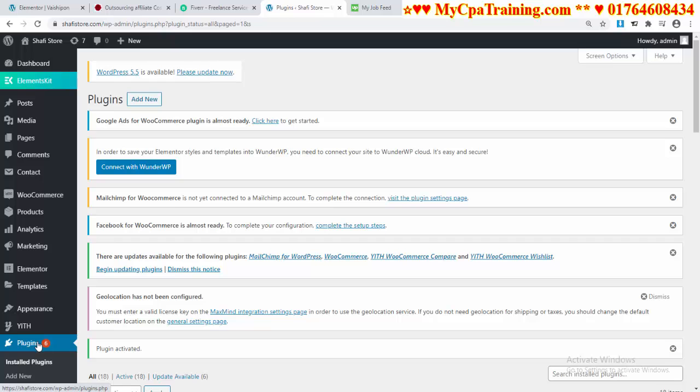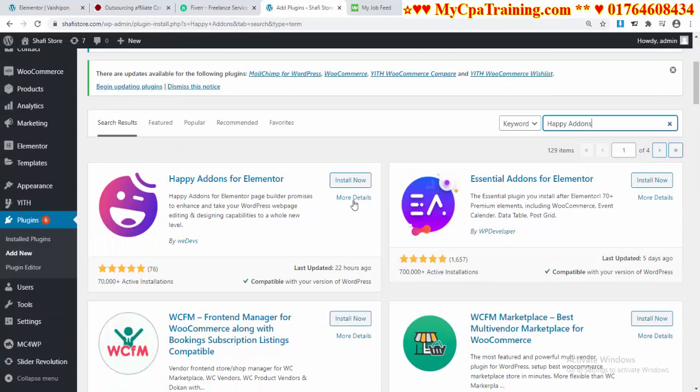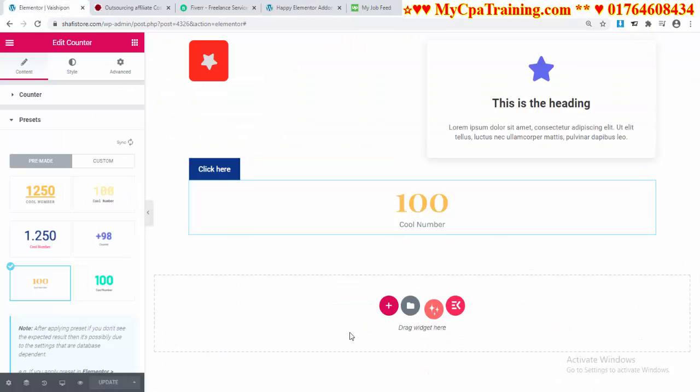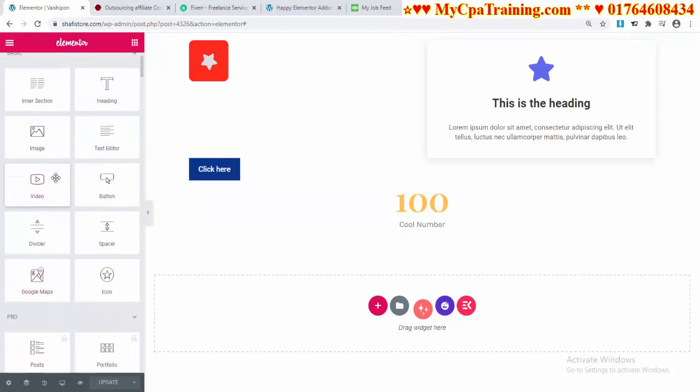Just go to plugins, add new, and search here for Happy Add-ons, and this is the plugin, Happy Add-ons for Elementor. You have to install this plugin and activate the plugin. And now if we refresh the page, and you know very well, here you will get all elements.